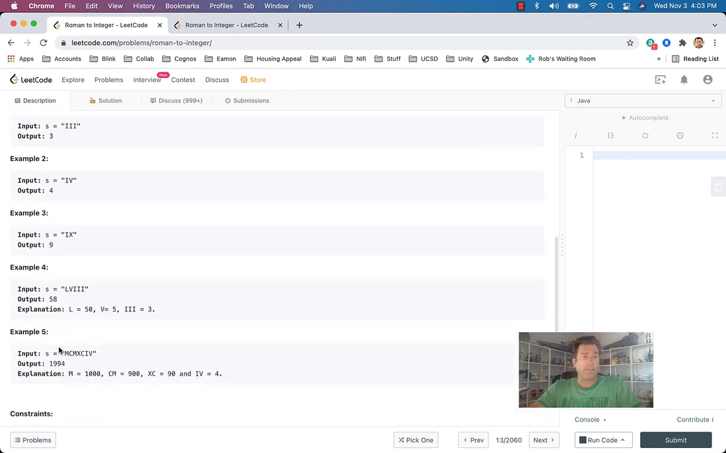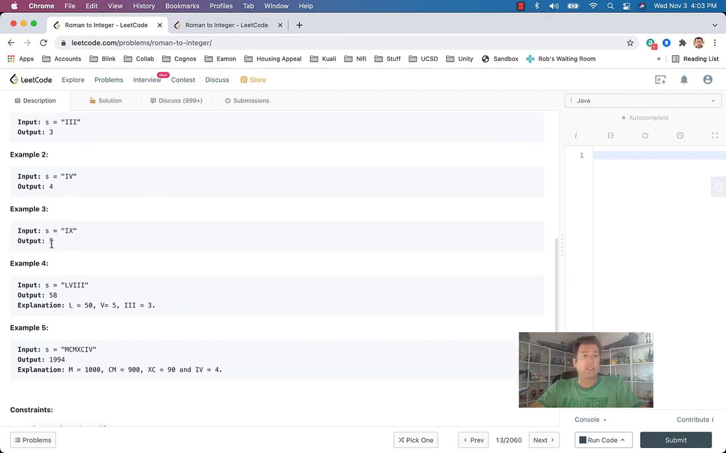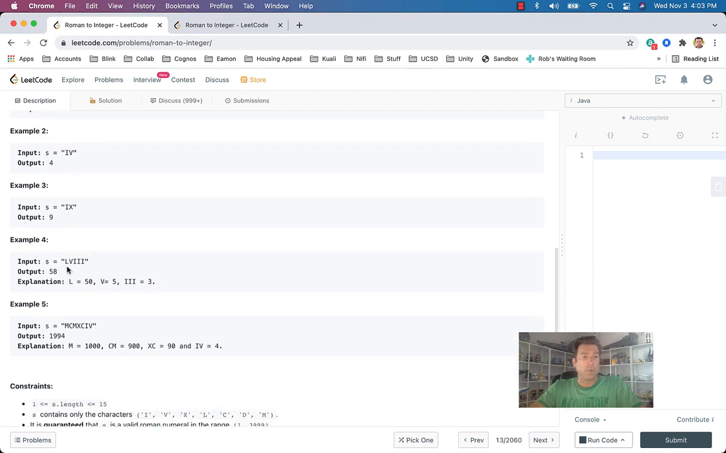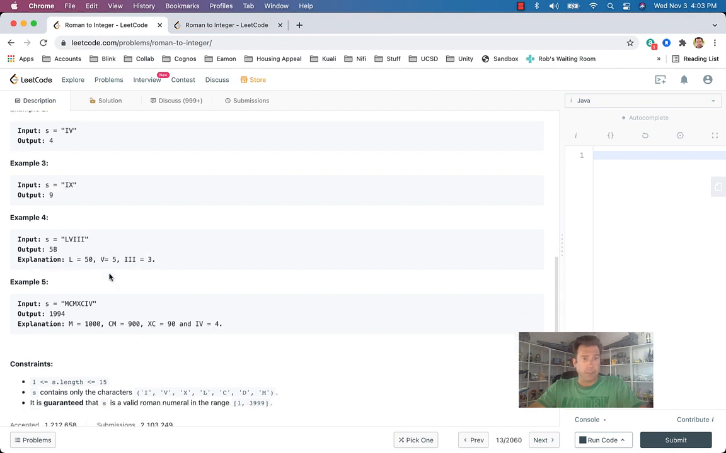First example, pretty standard, III, 3. Example 2, input IV, and you get 4. Example 3, input IX, and you get 9. Example 4, LVIII, so 50 plus 5, 6, 7, 8, so 58. Now example 5 is a humdinger,